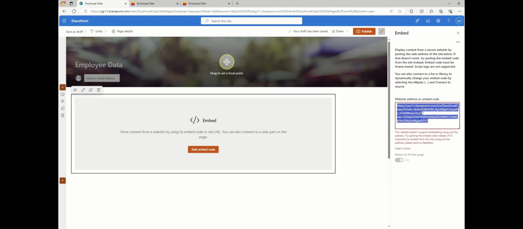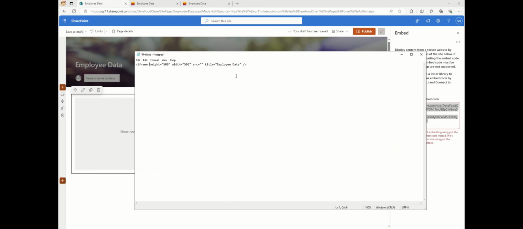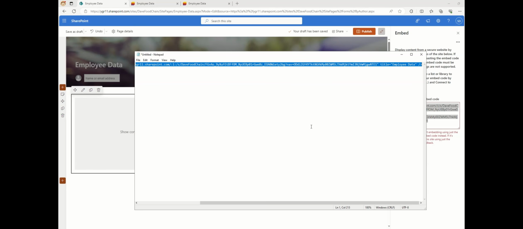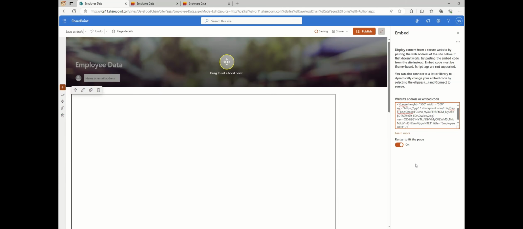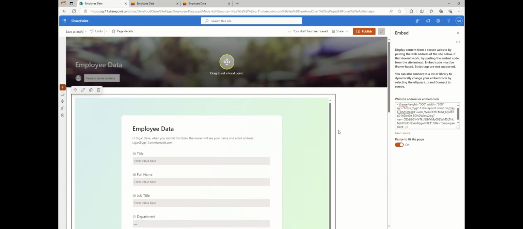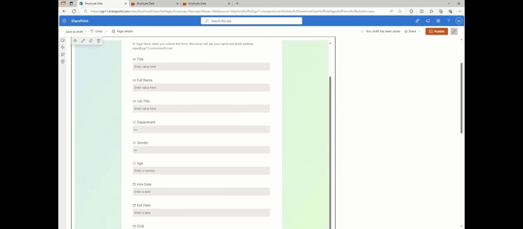So what I can do is copy this link one more time, and here I have one dummy iframe, and in the source of this iframe I can have my link, and I can provide the height as 500 and width as 500. Now I will copy this iframe, and instead of this direct link I will paste this iframe in here, and as you can see my Microsoft form page has been rendered here. Let me go and publish this page,